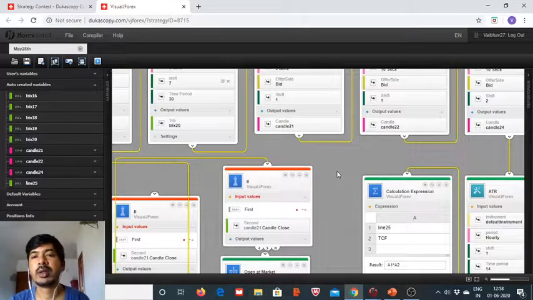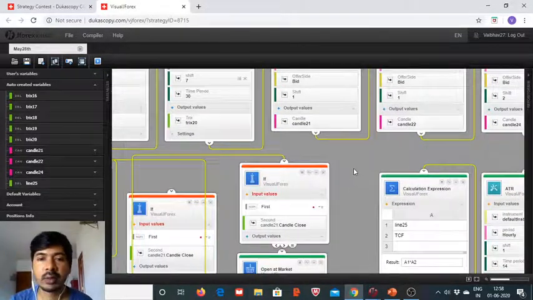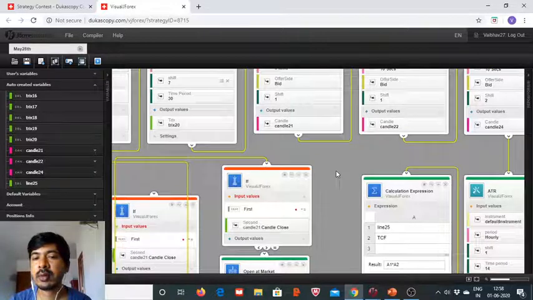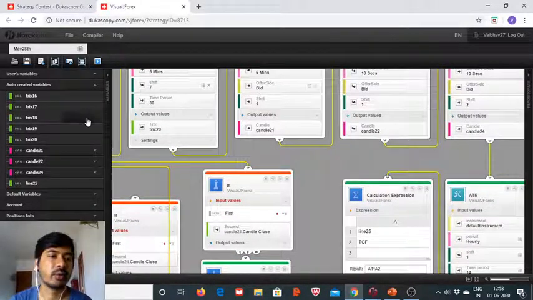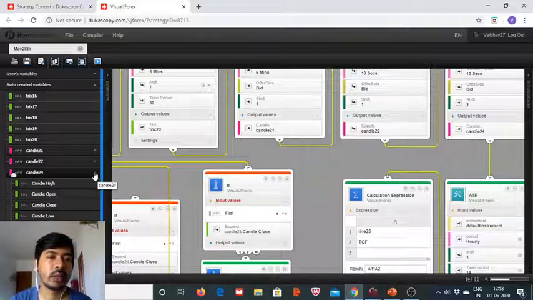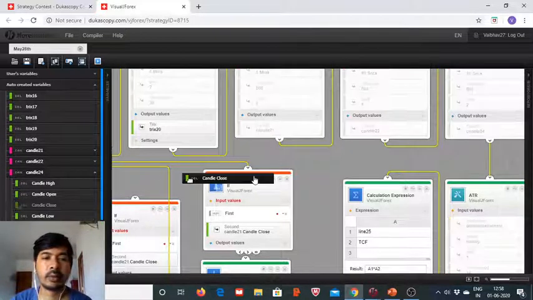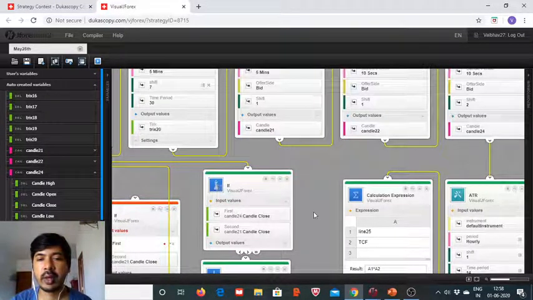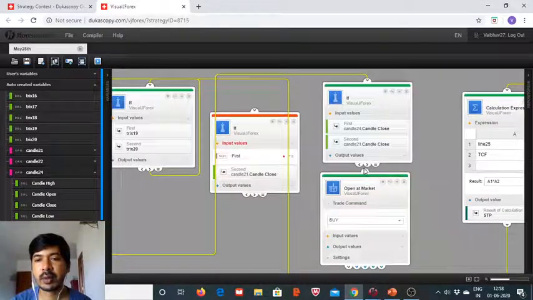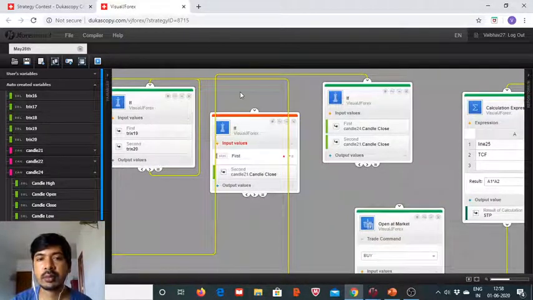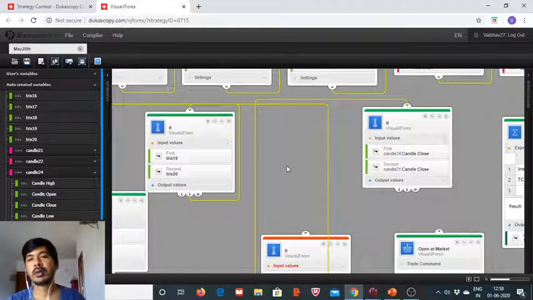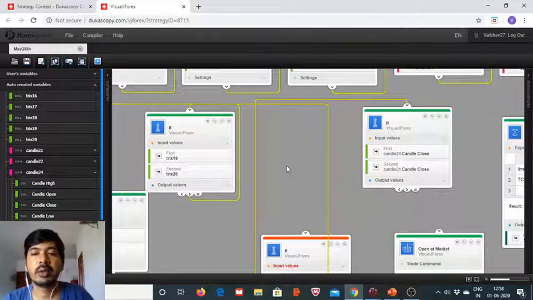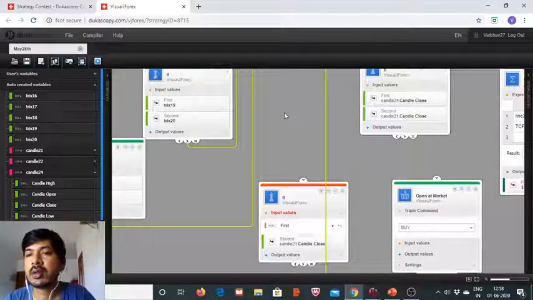So we put in those conditions, and here we take candle 24's closing, and candle 24's closing level should have been